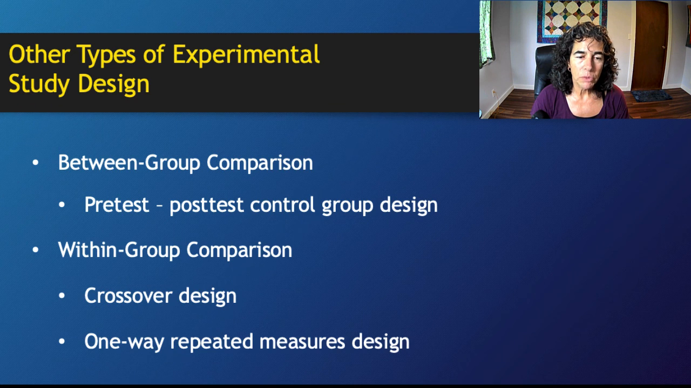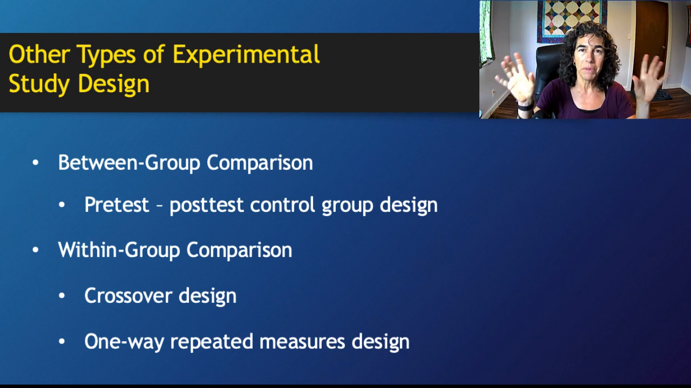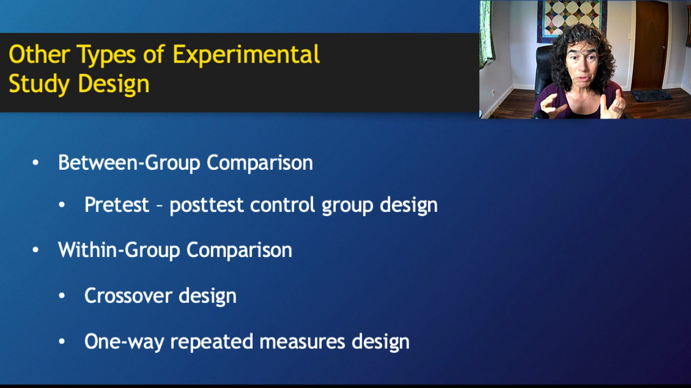So that is repeated measures. And then crossover, sorry, I've flip-flopped my explanations, but we're in within group comparison, right? So between group means that we have to have two groups. Within group means that we look at the same group at different points in time. And a crossover design is a repeated measures design so that each